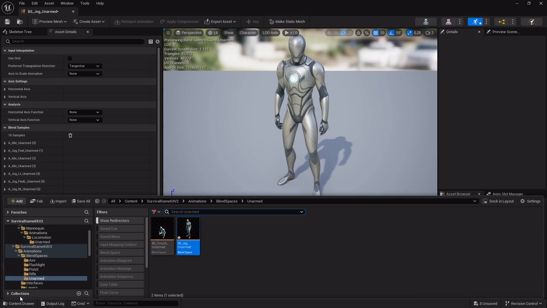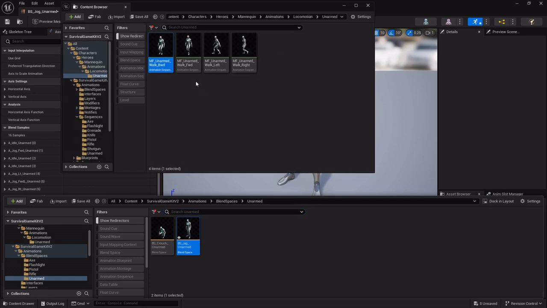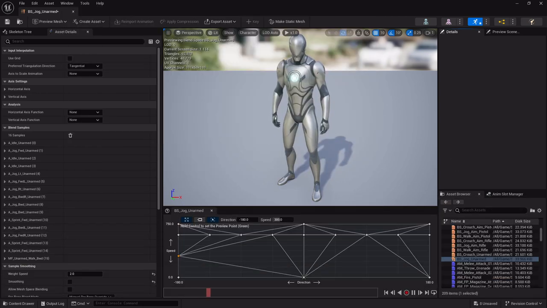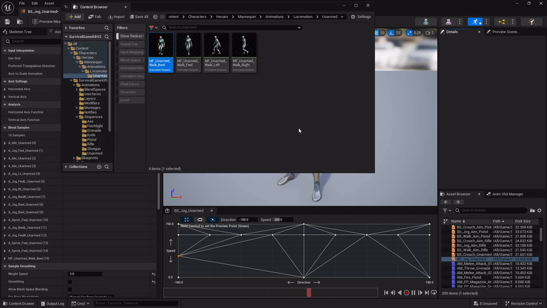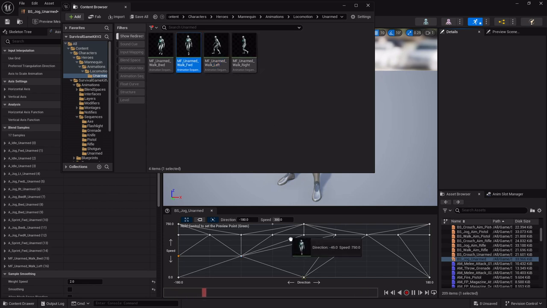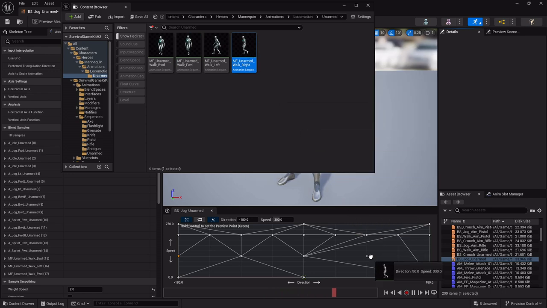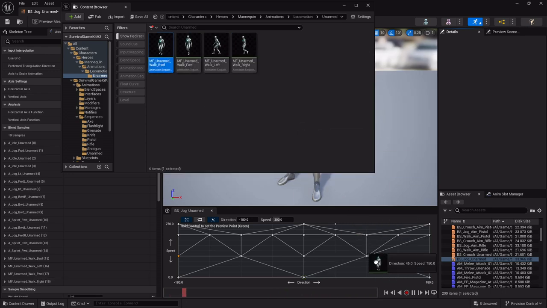And then let's, where'd our content browser go? All right, and then same thing. Ooh, dang it. Same thing for the others. We're going to go ahead and ignore this one here, the backwards left, and just go straight for left. So we're going to drop that there. Then forward, right there. And then right is going to go right there. And then we need one more backwards over here. All right,